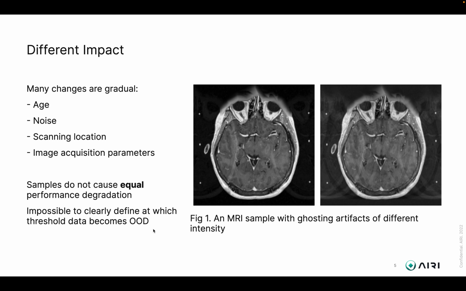However, the first problem of this setup is that we don't know how dangerous it is to miss certain samples. Many researchers evaluate out-of-distribution pipelines on gradual changes. Such changes include varying age, noise, or even scanning locations, which can be gradual by nature. High distortions are more important to detect, since they degrade performance the most. The second problem is that the level of distortions for a sample to become out-of-distribution is not defined.